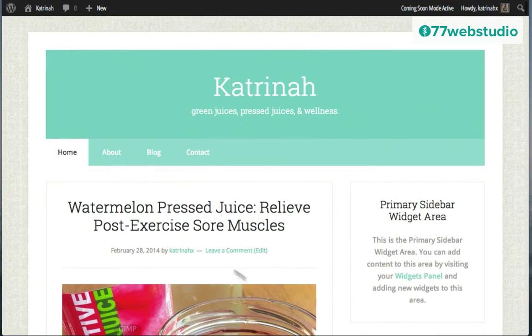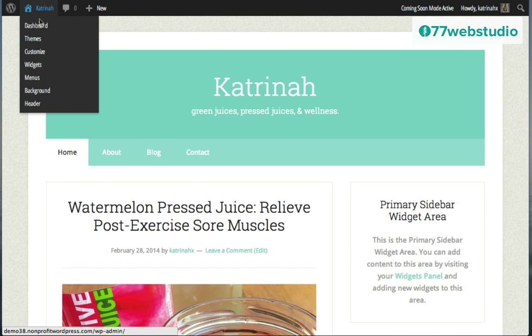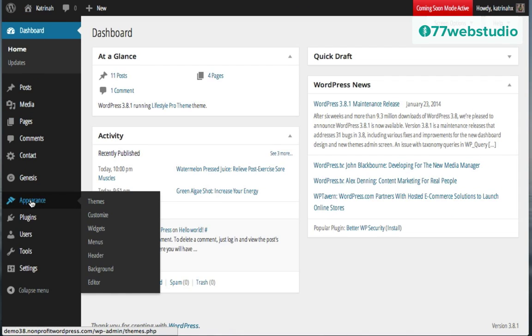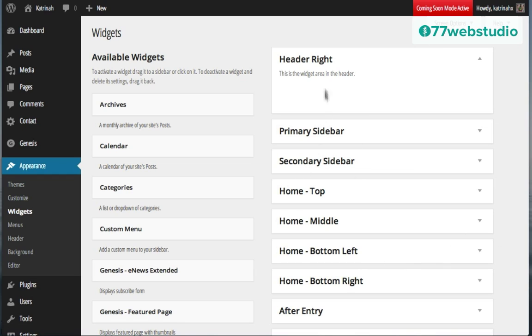Of course, I want to add those featured post and featured blog categories to my home page. So to do that, I'm going to go back up to the dashboard, click on Dashboard. Next, I'm going to go down to Appearance, hover over Appearance, and click on Widgets. Here on the widgets section, we see all these different widgets that are available with our theme, and the main ones that we want right now are the ones related to home. Home top, home middle, home bottom left, and home bottom right. These are the widgets that we need to set up in order to display the featured content on the home page.